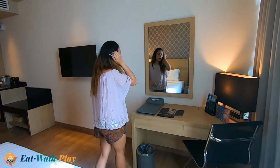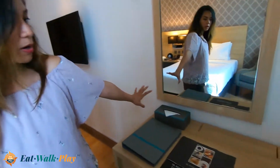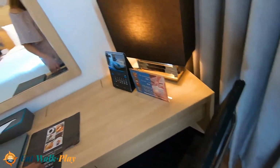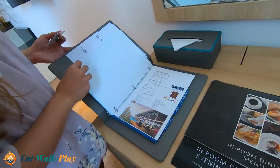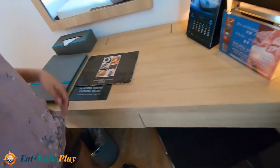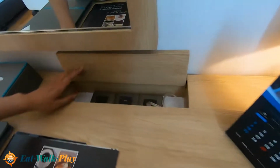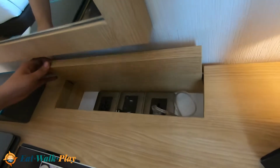Okay, and they have a study area. So tissue box, mirror, lampshade. You have your in-room dining menu, and just, what is this? Your directories with envelopes. So if you're here on business, then you have a lot of materials. Comes with, yeah, this is supposed to open. Yeah, there we go. Switches, USB ports, yep, sockets,